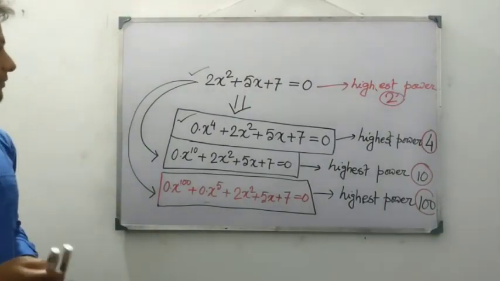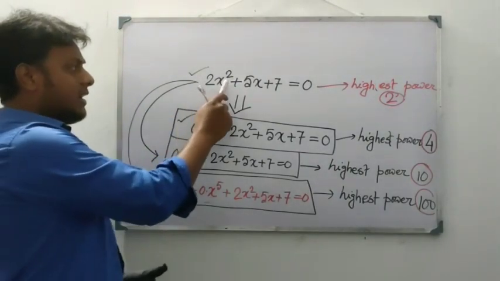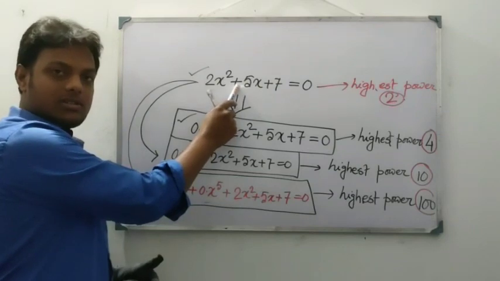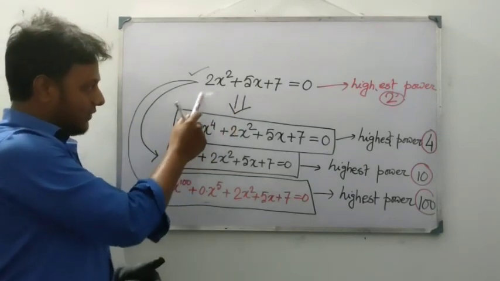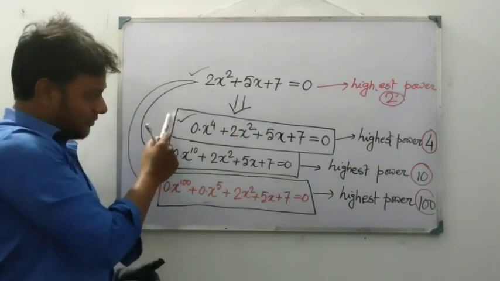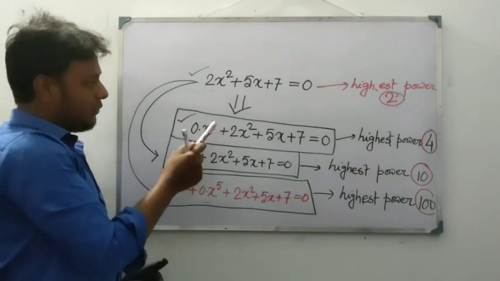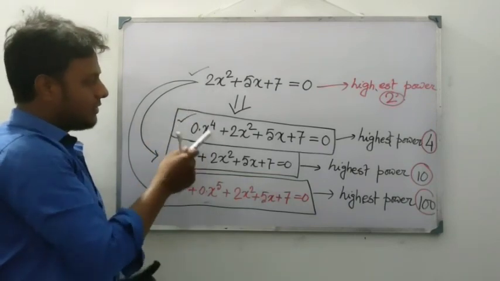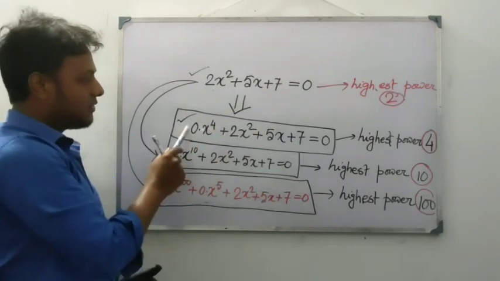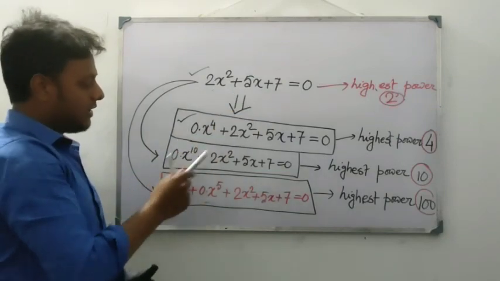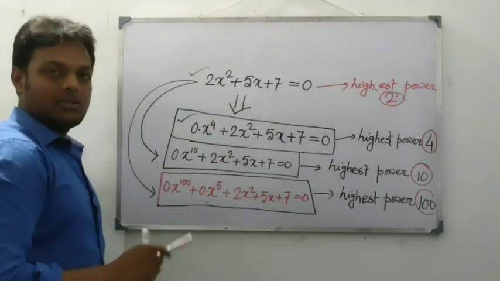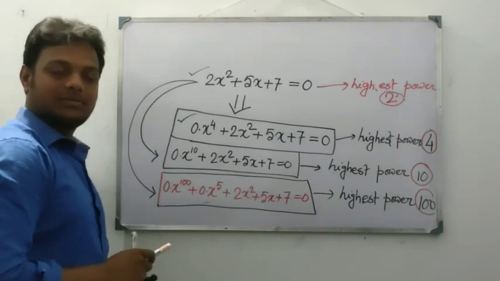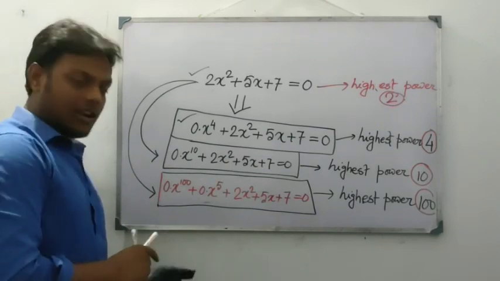So basically we have considered here only one equation, but if we look into the highest power, then we get different highest powers. See, for the first one highest power 2, for the second one highest power 4, 10, 100. So which one will be the degree? They are confused. That's why